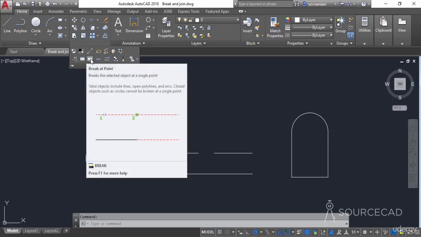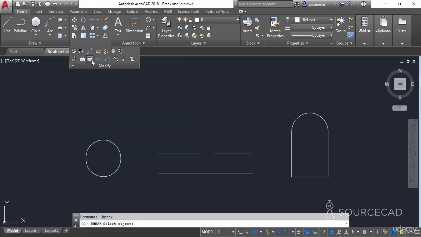I'll select the break at a point tool in the first case, and using this tool you can break any object into two different parts. In this case we have this line segment, which is completely a single segment. As you can see, when I hover my cursor over this object, the complete segment is selected. Now let's say that we want to break it into two different parts from its midpoint.